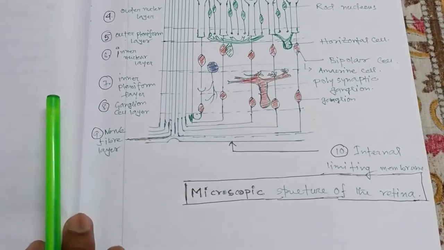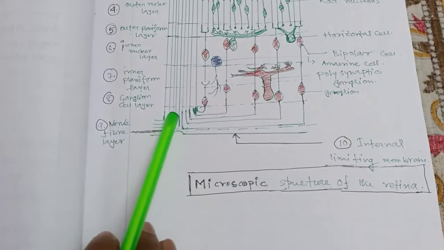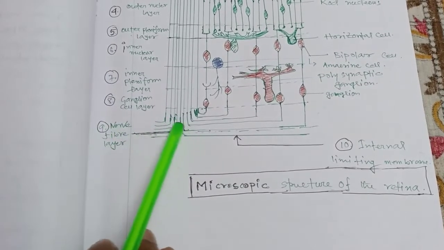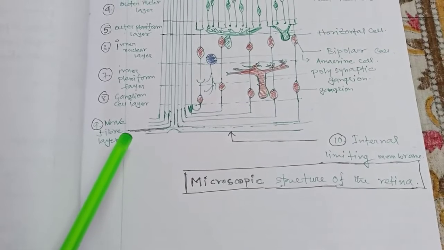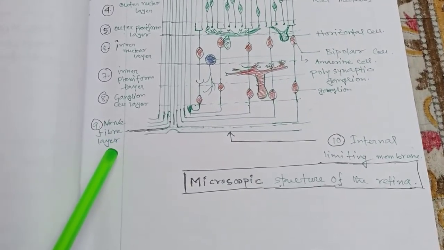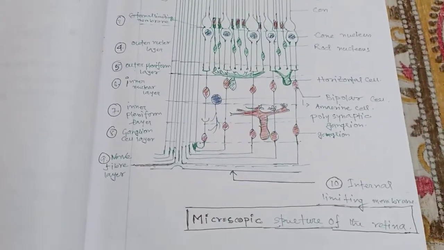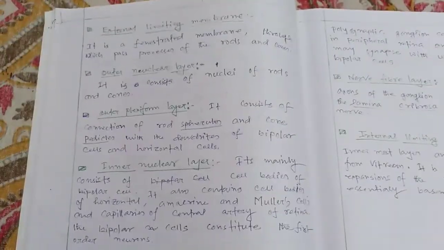Okay, and nerve fibers layer, এটাকে আমরা কি বলবো nerve fibers layer, and 10 যেটা হচ্ছে internal limiting membrane. Okay, this is the microscopic structure of the retina. Okay, so আমরা এখন আলোচনা করবো একটু ডিটেলসে রেটিনাল লেয়ার্সগুলো।